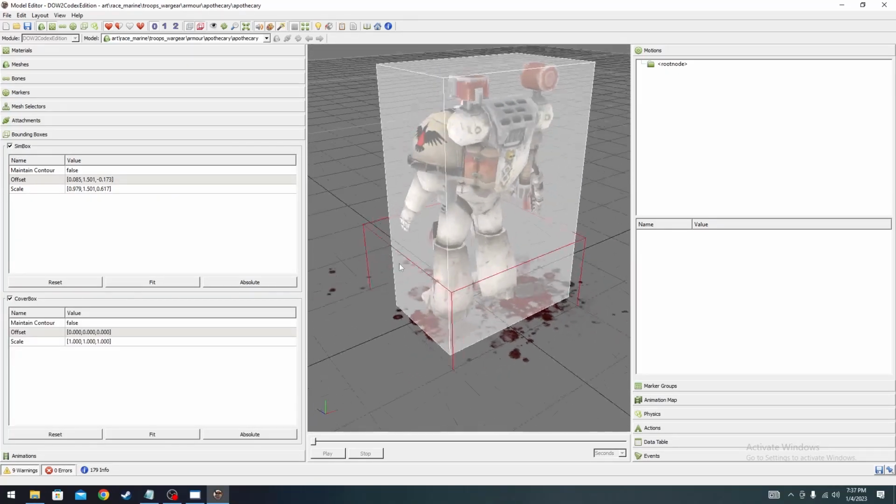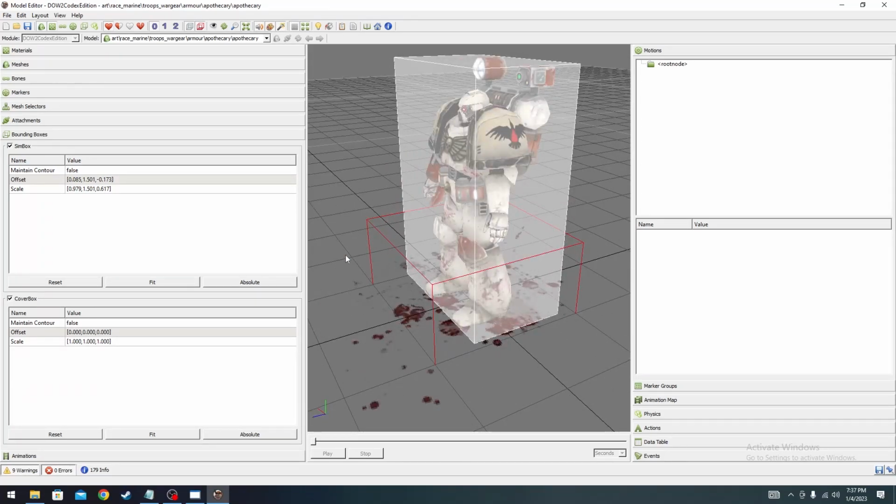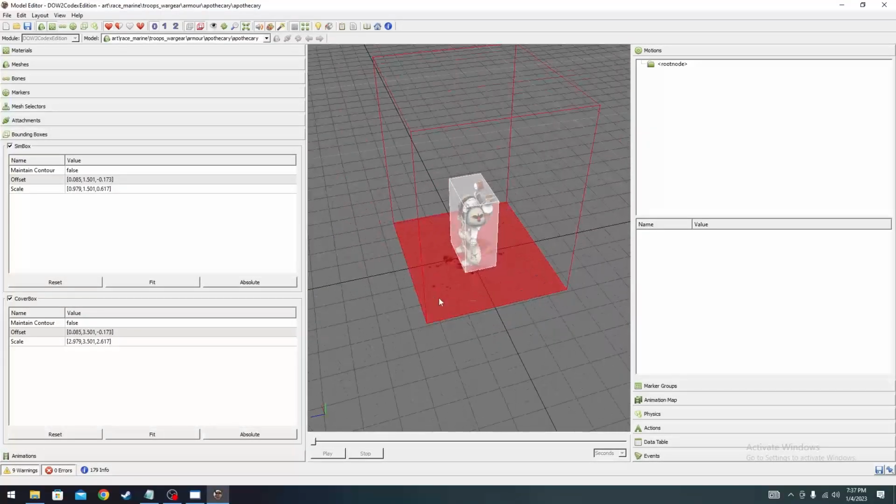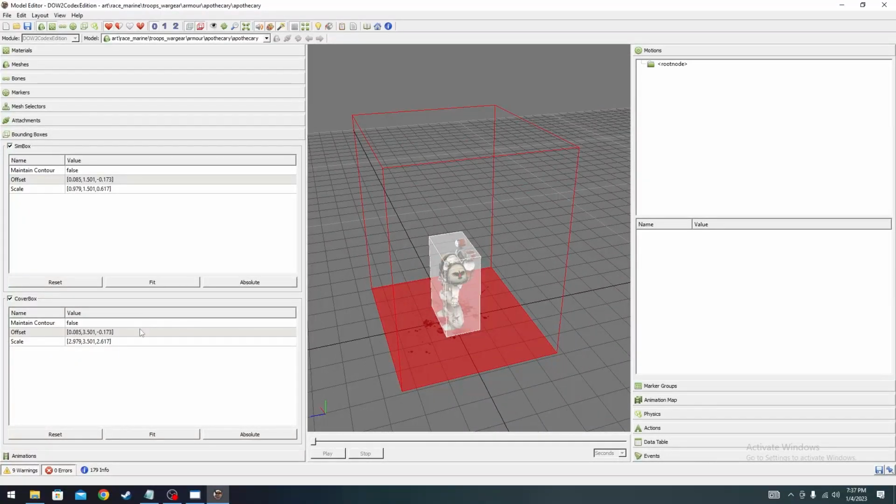A cover box is a similar idea, but the cover box is mainly for units wanting to take cover. Cover boxes are more relevant to vehicles and buildings, not to infantry. So you can actually set the size of a cover box. Okay, so the fit here works in mysterious ways. You can see it doesn't work very well. You'll have to adjust it, but for vehicles, you can edit it here, or import it into 3ds Max and edit it yourself. So these are maybe the most important bounding boxes you'll need to use or know how to edit for DoW2